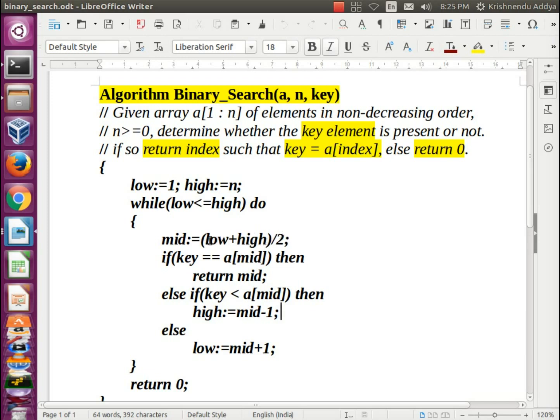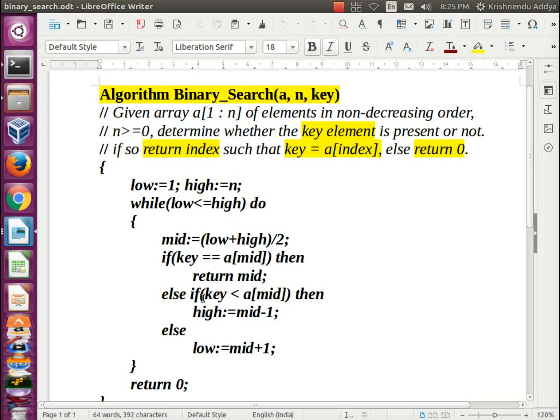Then we will check the key with the key element. If key equals A[mid], that means the key is matched with A[mid], then return the mid. That means we have found the element in our array at the mid position, so we return the mid position.